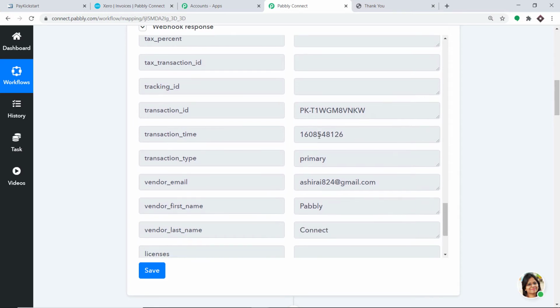Okay, so as you can see, this transaction time is in a machine format or the POSIX format. It's actually pretty inconvenient for any human to read. Okay, so basically we have to convert this format into a human readable format, like year, month and day format. At present, this is in machine format. We have to convert this into year, month and day format. So your obvious question is how I'm going to do that.